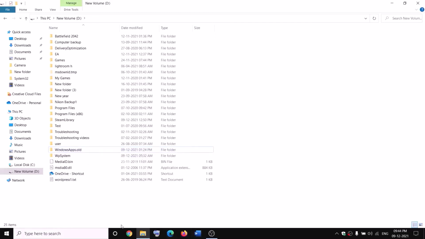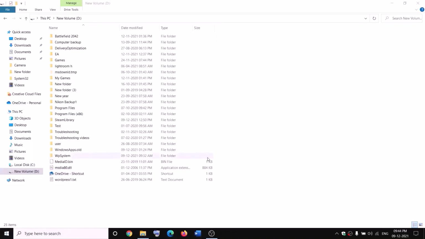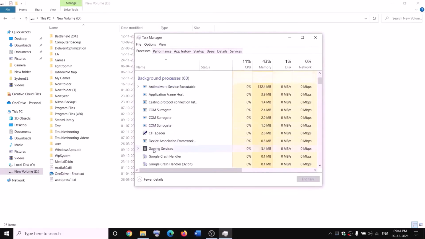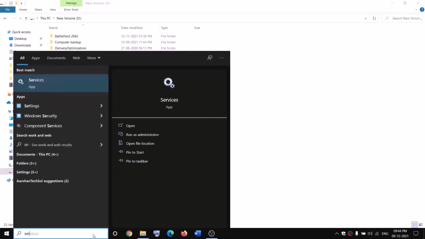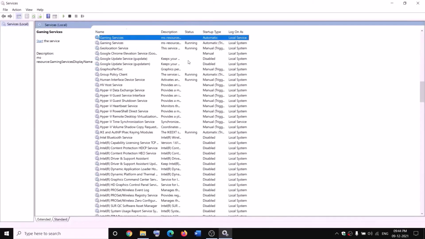case open Task Manager on your computer. Make a right click on the Start menu, click on Task Manager. Now if you find Gaming Services, make a right click and then click on End task, and also open Services over here, and then go to Services and find Gaming Services, make a right click on Gaming Services, click on Stop. So in my case it's not running, so let me go ahead, and yeah, so make a right click,